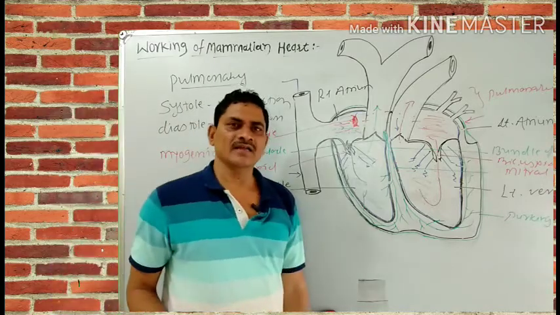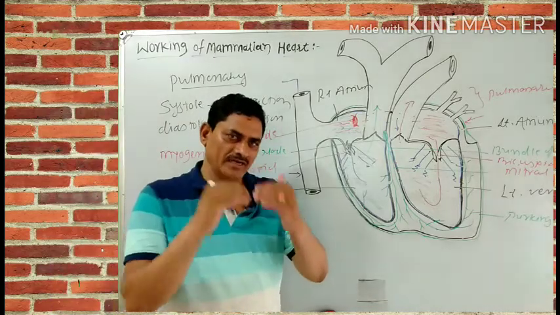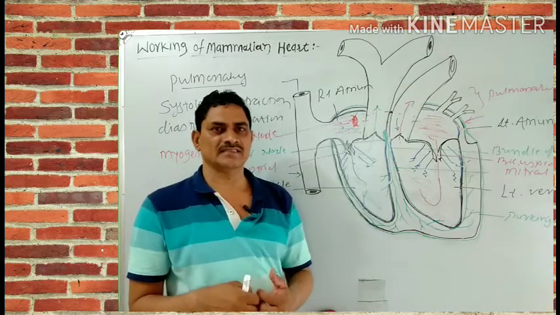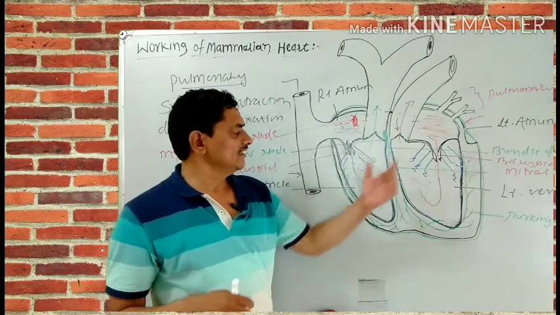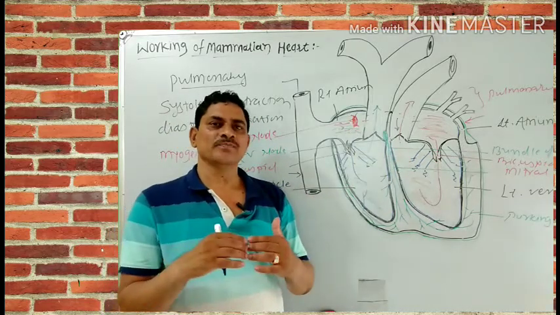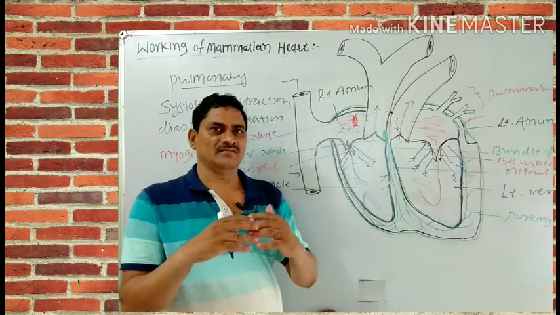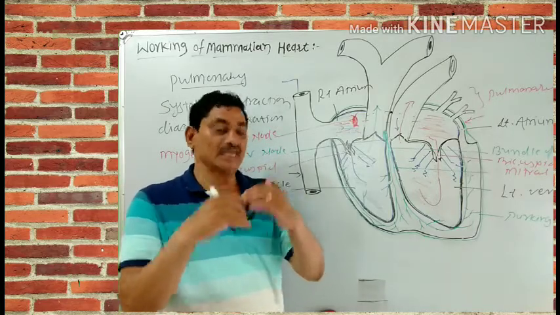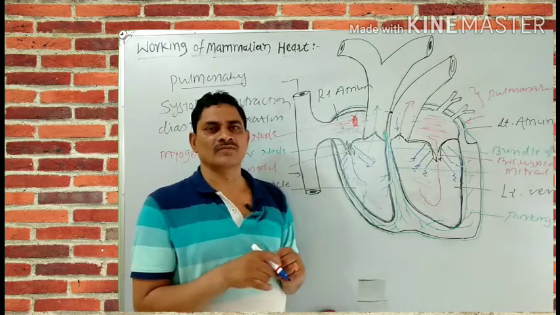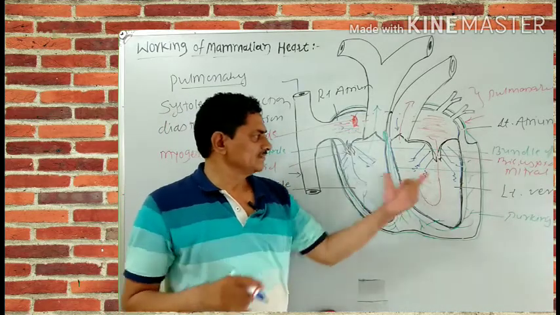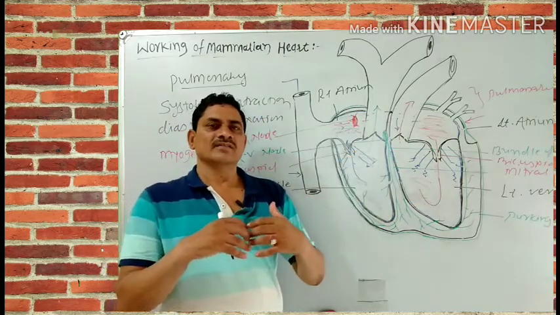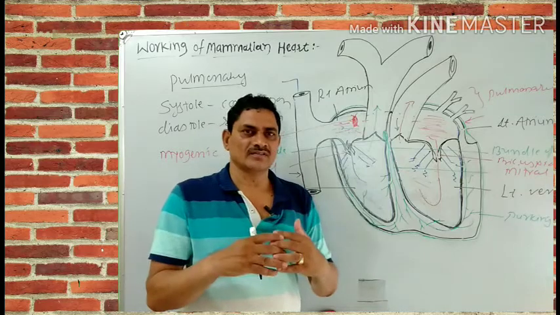Here the auricles and ventricles contract simultaneously. Therefore, the valves also close simultaneously, so a rhythm occurs in their sound. At first, the bicuspid and tricuspid valves close and create the first sound. This one is the lub.